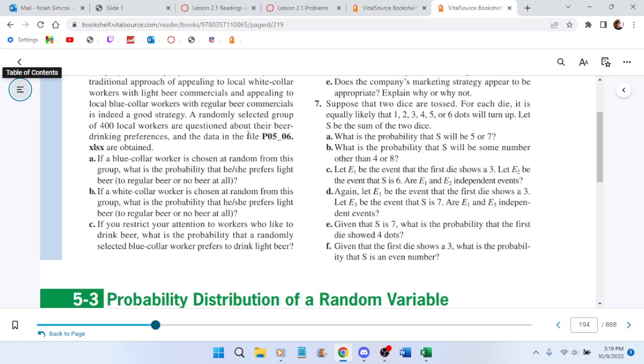Isn't it just the number of blue-collar workers that prefer light beer divided by the total amount or something? Like, yeah, but